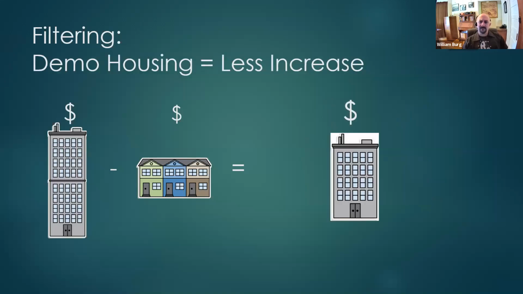Also, in order to get filtering, you need to keep the old housing. So if you say, I want to build this new building and there's this old housing in the way, so we're going to demolish it because we're still mathematically going to have more, right? There's a problem with that, because while you're still ending up with more units than you started with, instead of adding the existing housing to what you just built, you're subtracting it. So instead of building this big building, you're actually building a smaller building minus the buildings that you demolished.